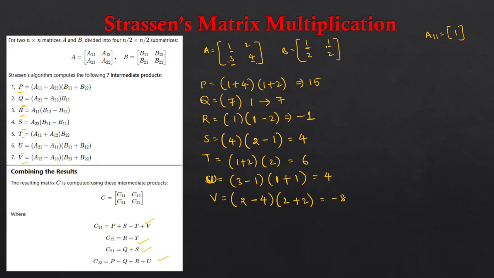Now I need to find C11. So how can I find C11? C11 equals P plus S minus T plus V. What is the P value? 15. What is the value of S? 4. Next minus, what is the value of T? 6. What is the value of V? Plus V is minus 8. So 15 plus 4, 19. If I subtract 6, whose value is